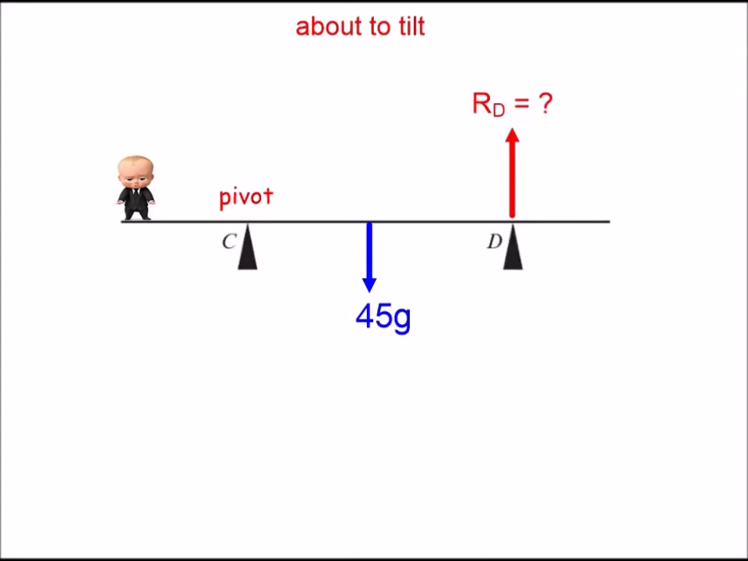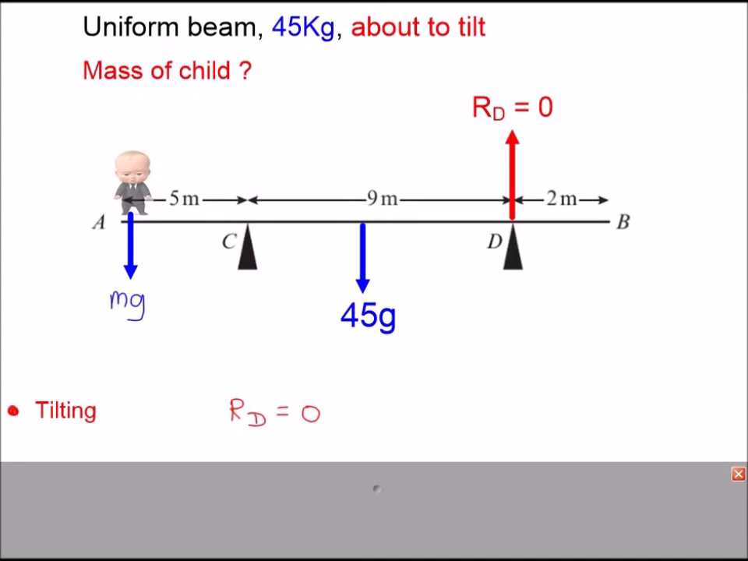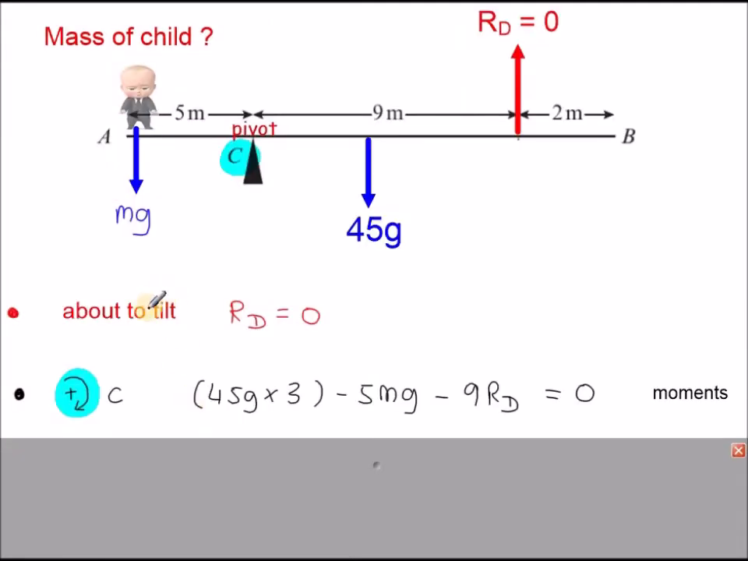So there are various measurements, the weight of the child, the distances, they're all missing at the moment in this diagram. If we add them all in, we have this diagram, and we already know at the point of tilting, the reaction force at D is 0, that's been mentioned already, and if we take moments about point C, here our pivot point, so the 45g force will create a clockwise rotation. Because I'm taking clockwise as positive, that's a positive moment, and the perpendicular distance between here and here is